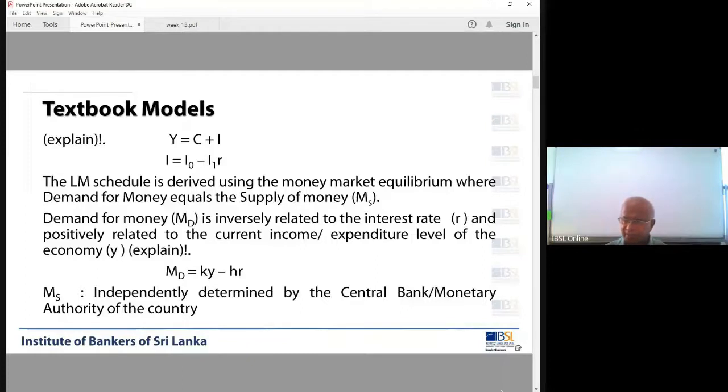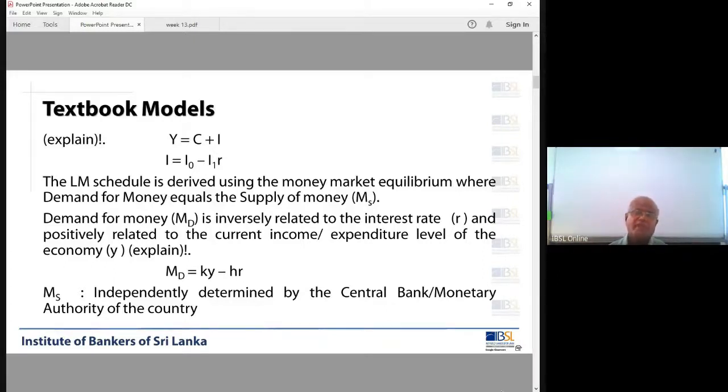When the interest rate increases, cash holdings decrease. Why is that? The opportunity cost is increasing. You don't want to keep 1,000 rupees with you. Here, money means demand for money. In layman's language, we can see demand for money as cash, notes and coin. You don't want to keep notes and coin with you because the bank's interest rate is rising. You just go and deposit that in the bank. So demand for money and the interest rate are negatively related.